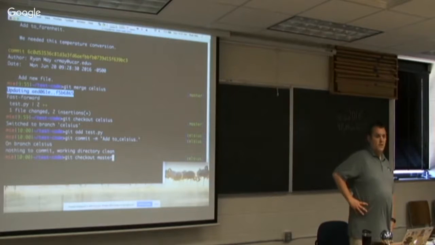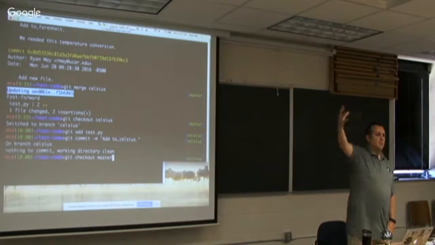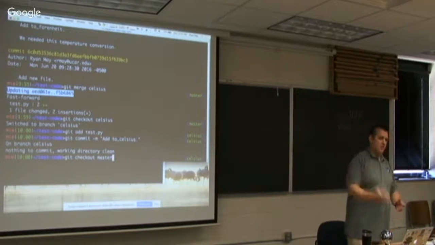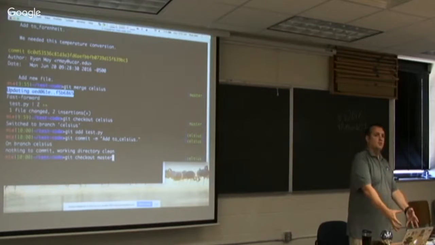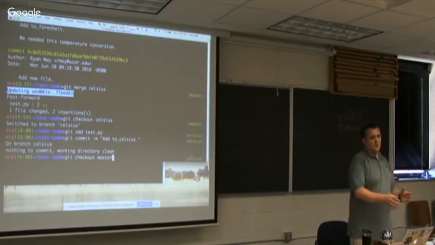Okay. And that's one of the nice things about Git versus some of the others. With Subversion, you've got to have the separate server set up, and you can only commit if you can access that server. With Git, you have an entire copy of the repository on your machine, so you don't have to be online to make commits and track your history and all that.